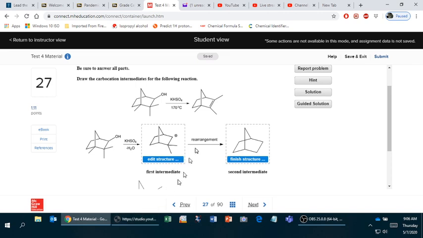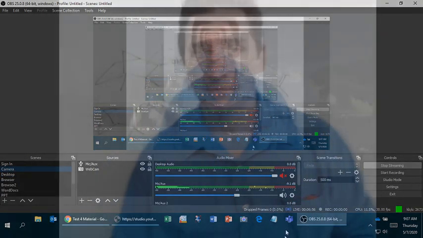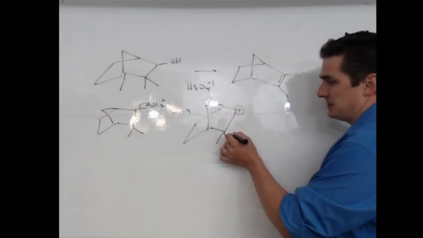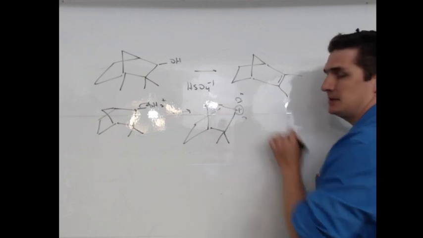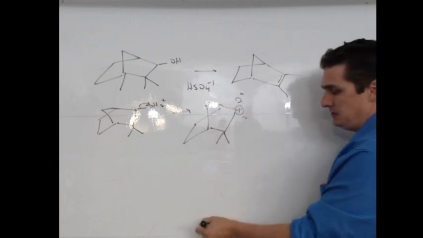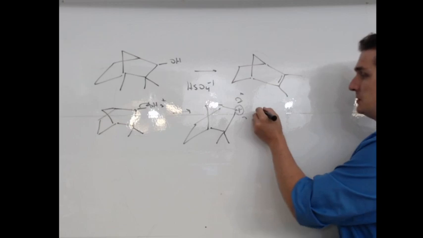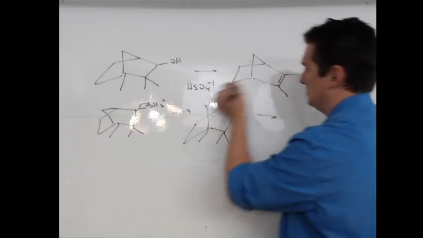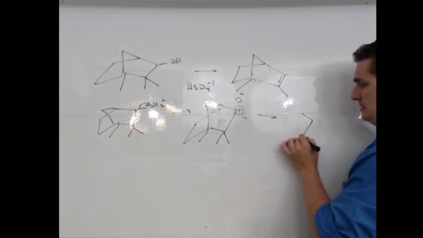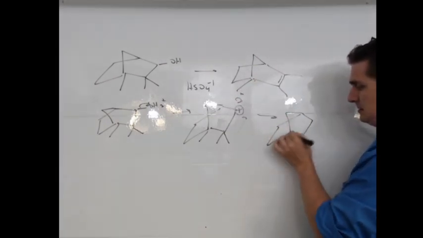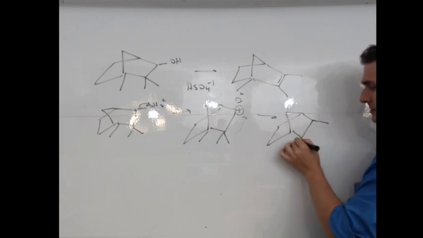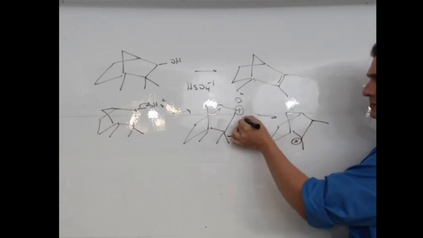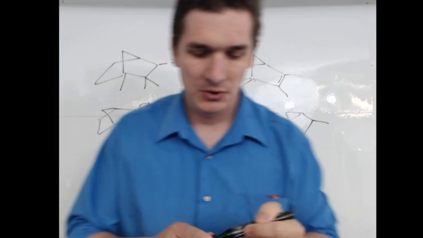For this one, you can kind of infer based on what the product is up here what that rearrangement is going to be. But what you're going to get is a methyl shift. So right now we've got a secondary carbocation. If we do a methyl shift, what we'll end up with is a tertiary carbocation. So we're going to get the methyl to move over, and if we put that in,